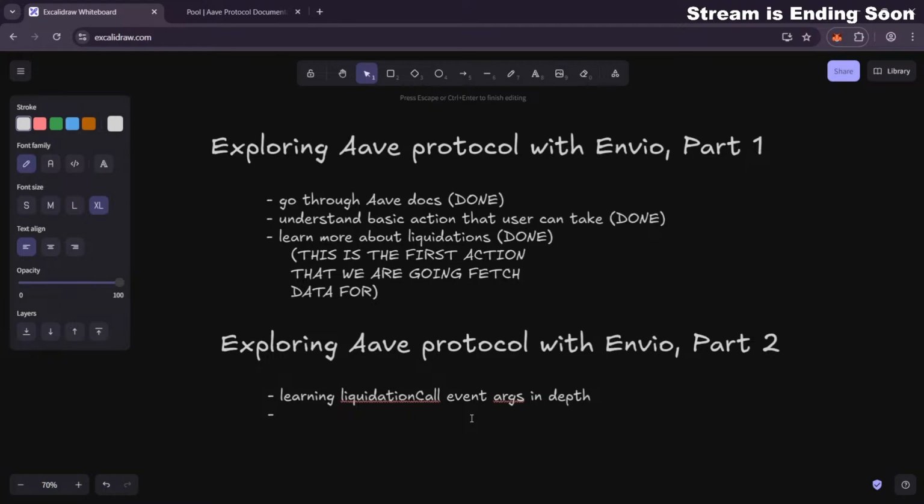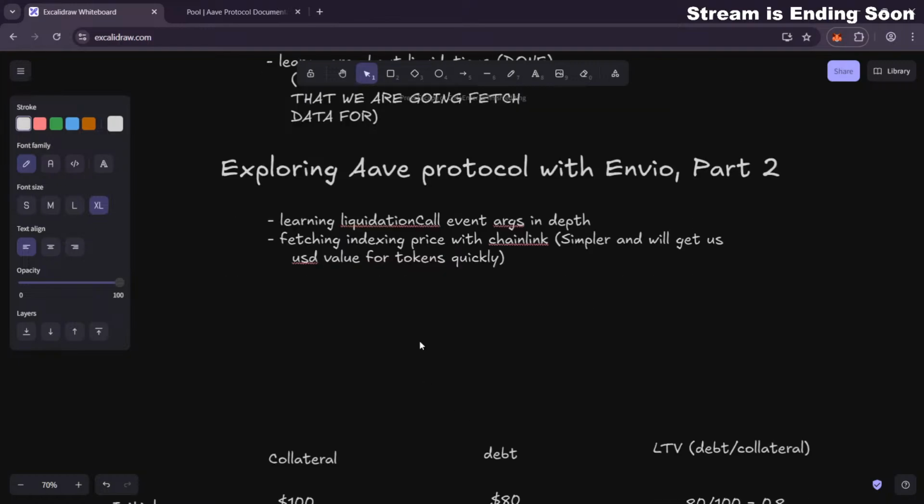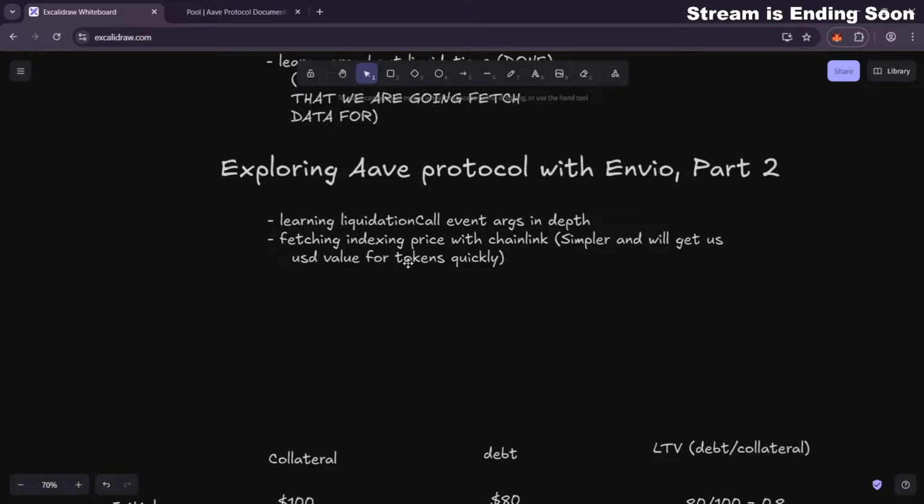Next is indexing price with Chainlink. Simpler, and will get us USD value for tokens quickly. So these two topics we'll tackle tomorrow, and then on the third stream